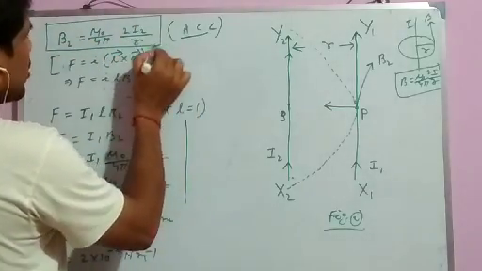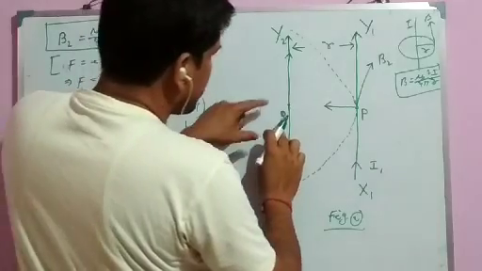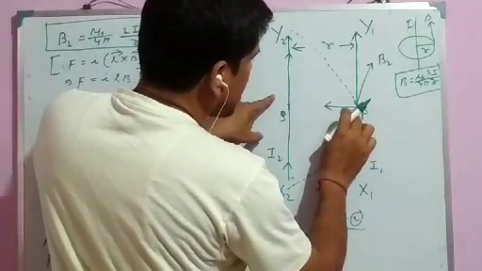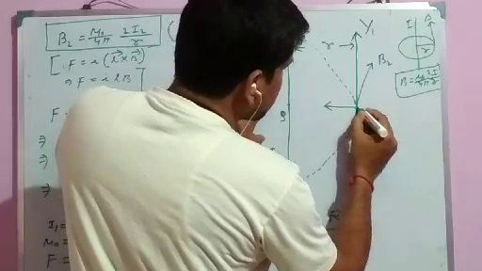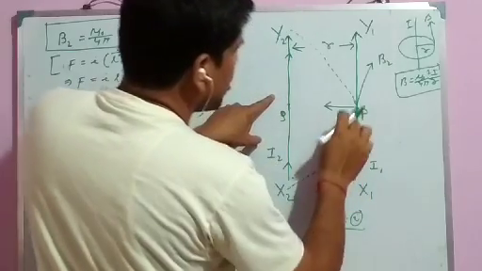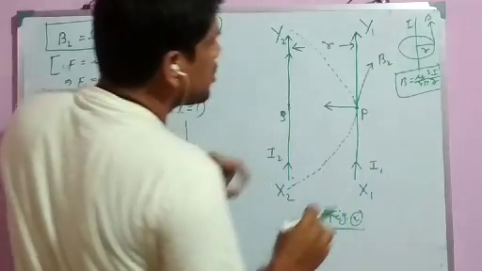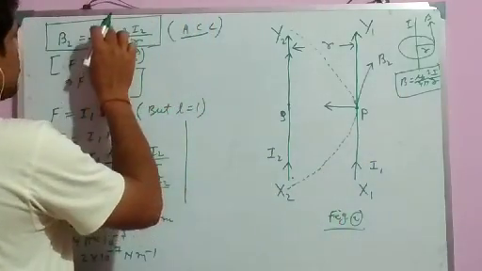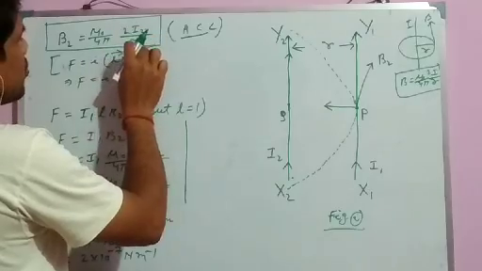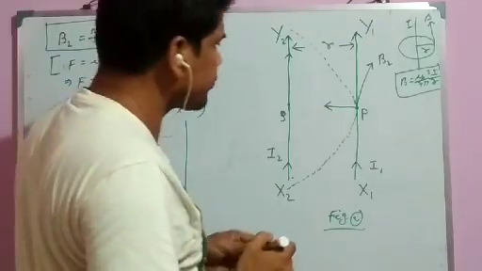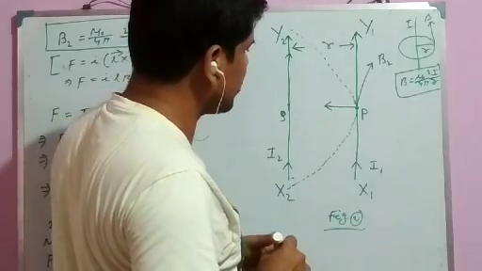Here we have considered the magnetic field produced due to this conductor carrying current I2 at a distance r, and the observation point we have taken at point P. If this magnetic field is denoted by B2, then B2 equals mu naught by 4 pi, 2 I2 by small r, by using Ampere's circuital law. Okay, already discussed how to find it.